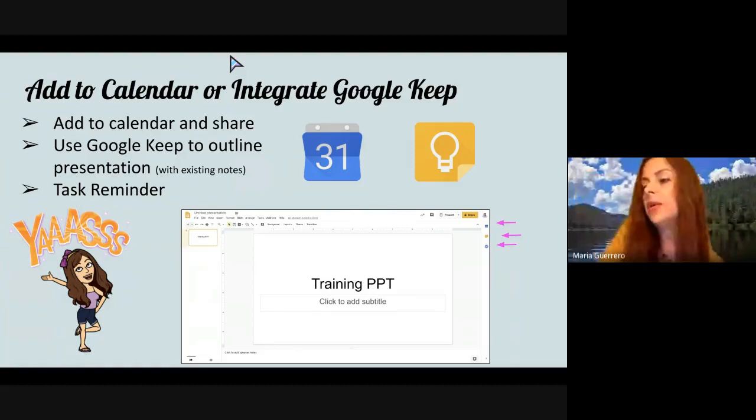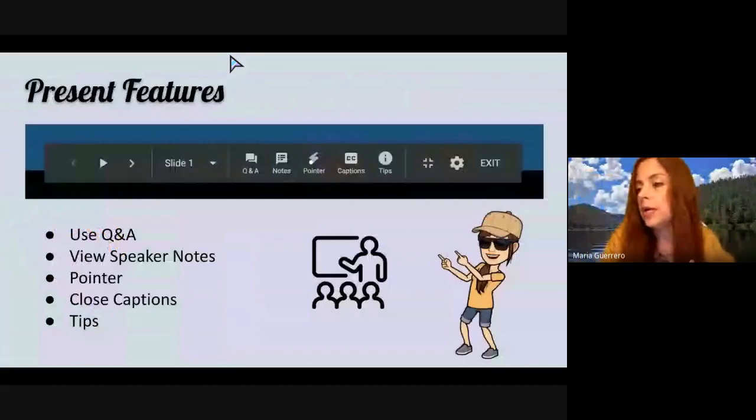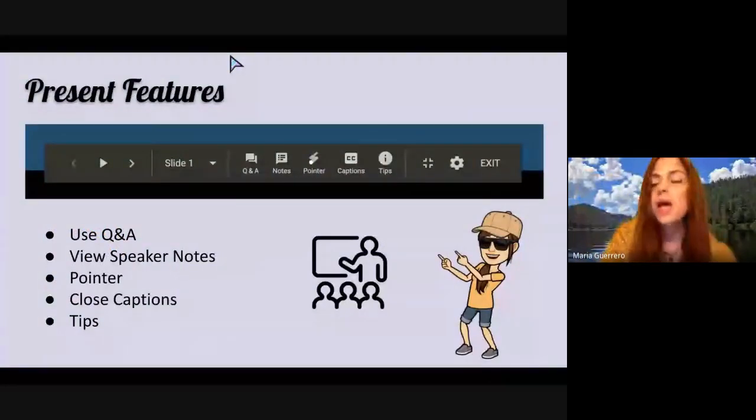And in a while, I'll switch over to Escape so that you can see that. I'll talk a few slides, and then I'll switch out so that you can see some of the features that we talk about. When you are in present mode and you go ahead and present,